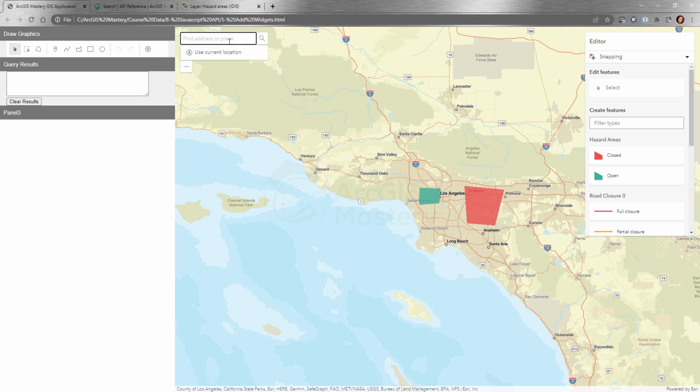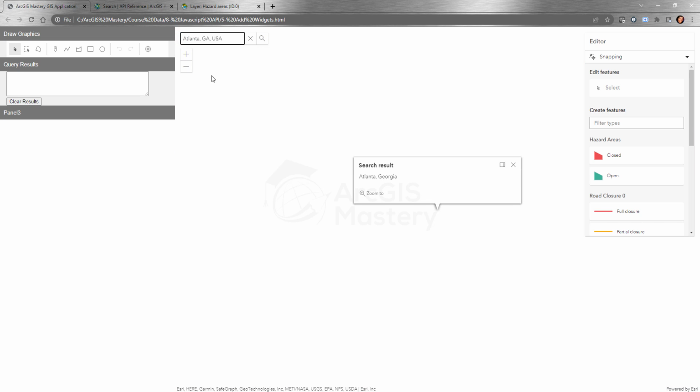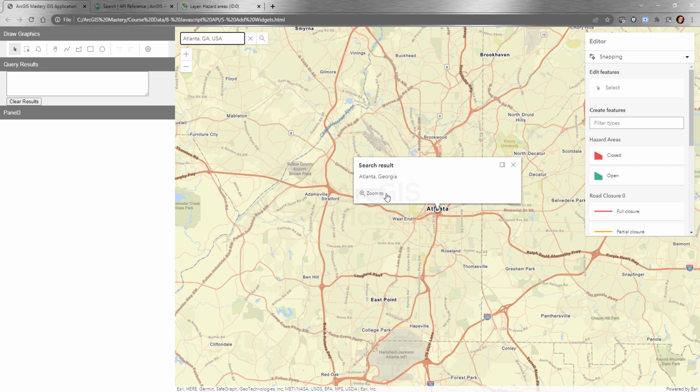So this is the search here. For example, we can search for Atlanta and it's going to give us suggestions. Atlanta, Georgia. When you click on it, it zooms there and gives you the location and the pop-up. All this happens automatically from the search. It's a really easy, great tool, and it's connected to all of the features that you have on your map, and especially addresses. You can search for